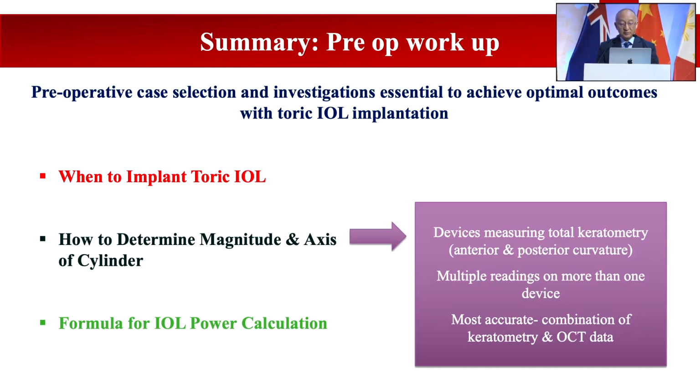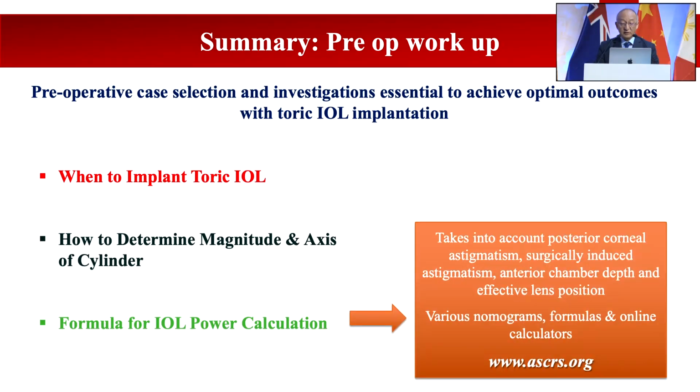And in terms of devices, if you have OCT-based systems, that will be better. Formula-wise, he told us to take into account posterior corneal astigmatism. Any formula which takes this into account, surgically induced astigmatism, the anterior chamber depth and effective lens position. Apart from that, there are various nomograms, formulas, and online calculators which are going to help you get the best formula for your patients. Ultimately, we are looking for a customization of each patient based on the initial examination and